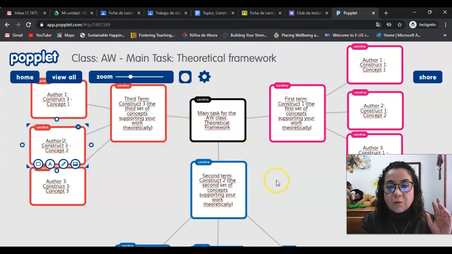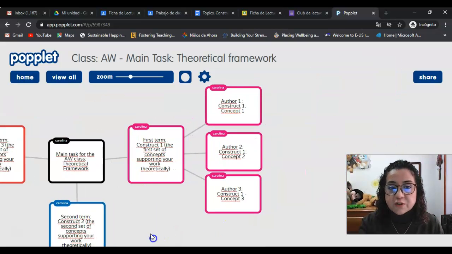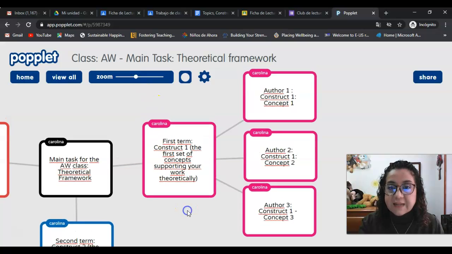Remember that our due date is Monday for your assignment. If you have made this mistake, you still have time to fix it. You still have time over the weekend to read more resources for your first construct, which is what I'll be collecting, reading, and giving you feedback on, and basing the classes, the sessions, and the writing workshops of the second and third term on.